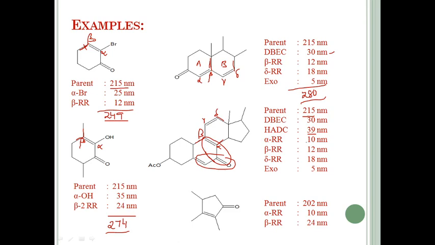So for alpha we give 10 nanometer, for beta 12 nanometer, for delta 18 nanometer, and this is the only considerable portion. And here you are having an exocyclic double bond. One exocyclic double bond is present. So on totaling all the values you will get